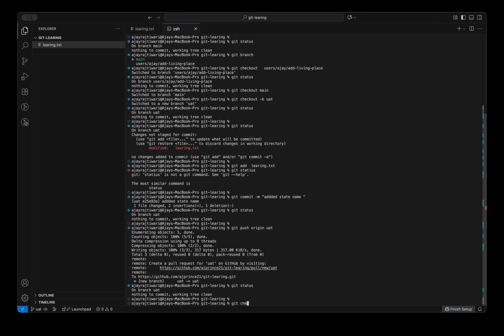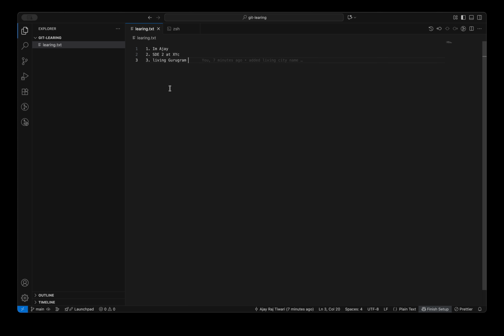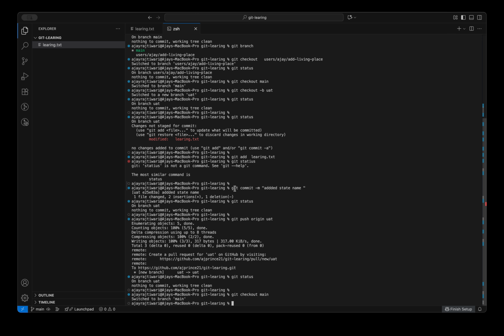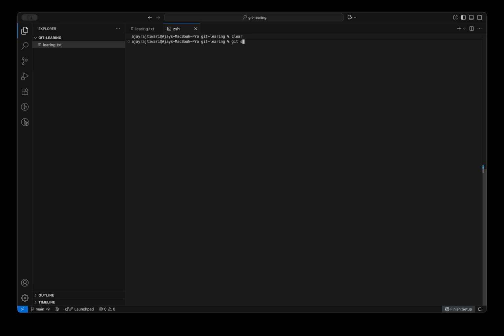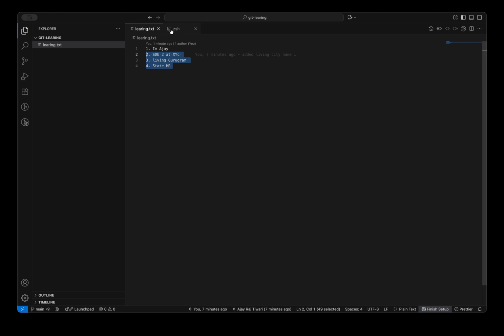just do it. Git checkout main, and in main you can check there is no state data, but after merging UAT into your main, you will see it is already updated. To do it, we have to run git merge UAT. This one. You can see here this file has been updated and the word state has been added,